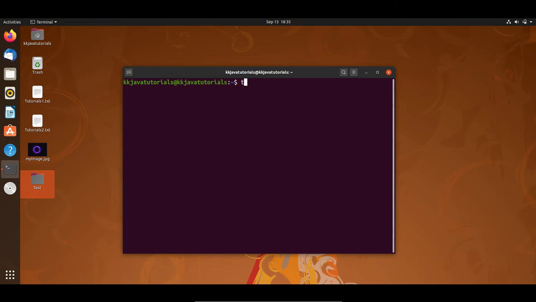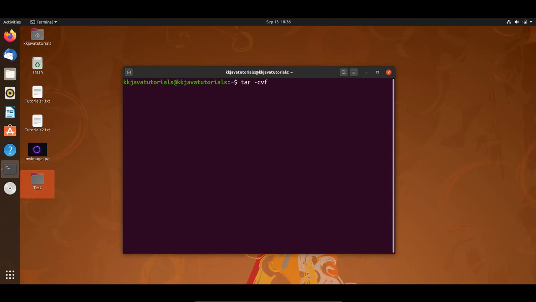So the command is very simple. You have to write tar, and then after that you have to write minus or dash, and here I'm going to write C. C stands for creating a tar file, and then V stands for verbose. Verbose means whenever you execute this command, all the details are going to be shown on the terminal, right? How this command is going to execute step by step, that information will be displayed on the terminal. And finally F stands for the file or directory for which we want to create the tar file.